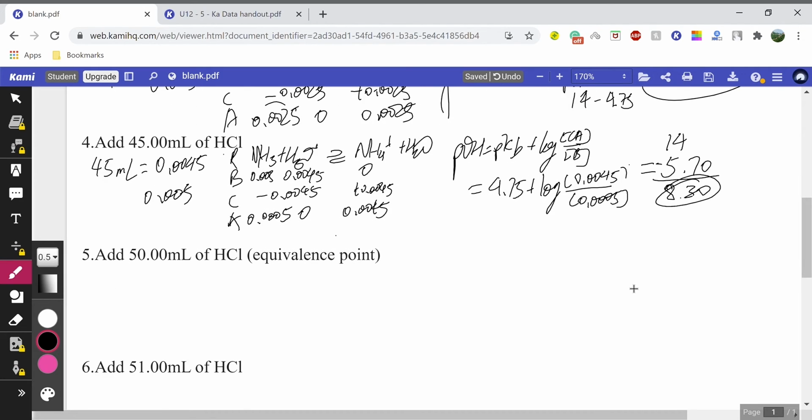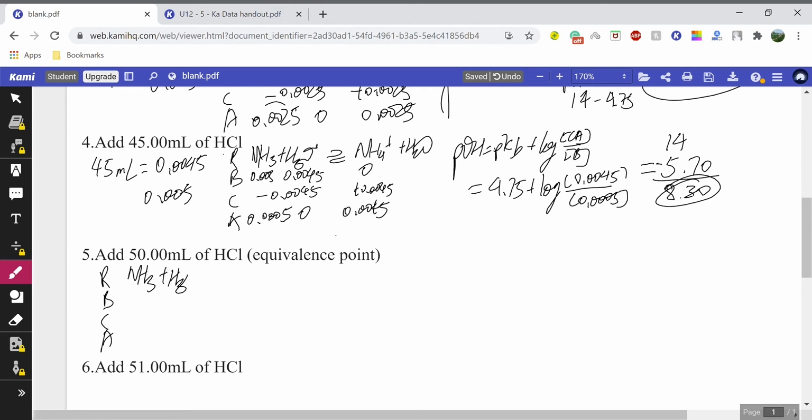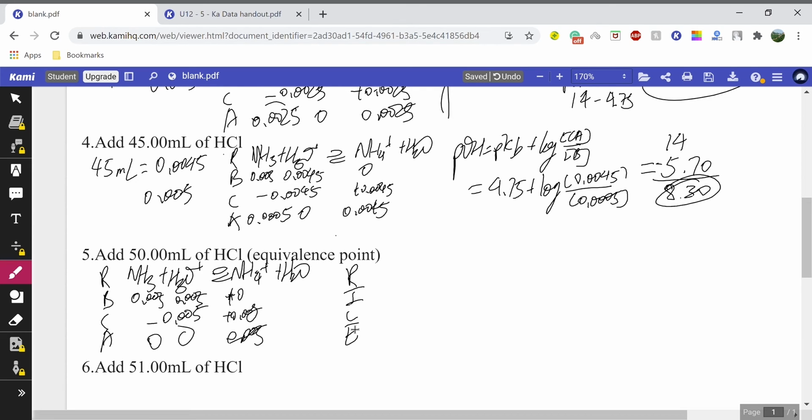Next, HCl, 50 milliliters. All right, this is the equivalence point. So we can create our RICE chart, and we know that that's going to be NH3 plus H3O+, forming NH4+ and H2O. This is going to be 0.005, this is going to be 0.005. We're going to subtract 0.005 from both, which is going to end up with 0 and 0. This is going to be 0 over here, plus 0.005, and end up with 0.005. Now the only thing we have left is NH4+, so we're going to have to create a RICE chart this time, and it's going to be our only product left, NH4+, added to water to find the pH, which will give you